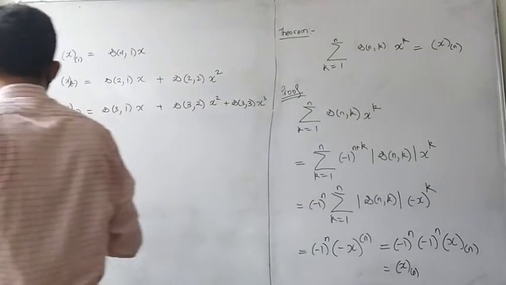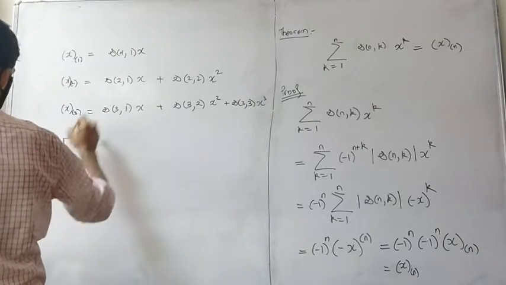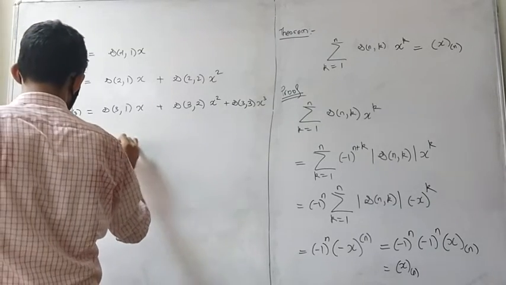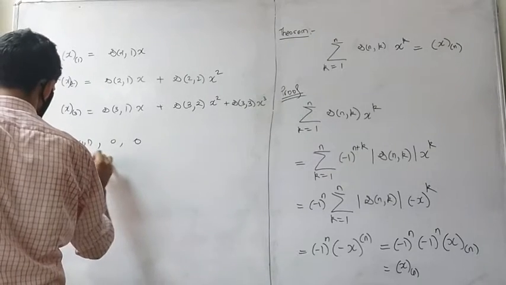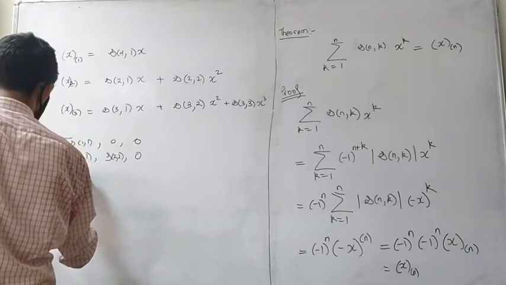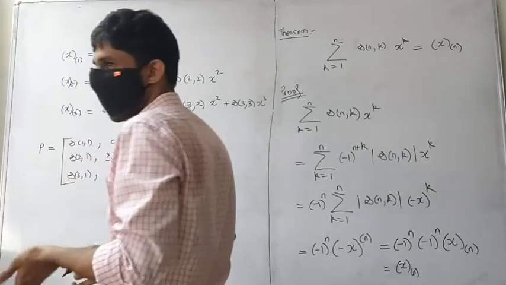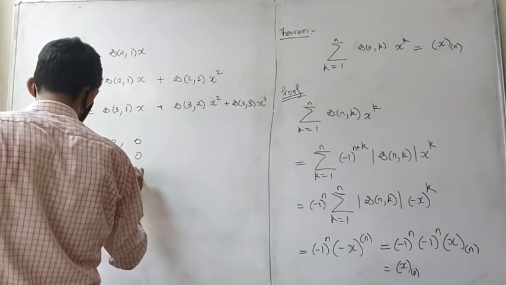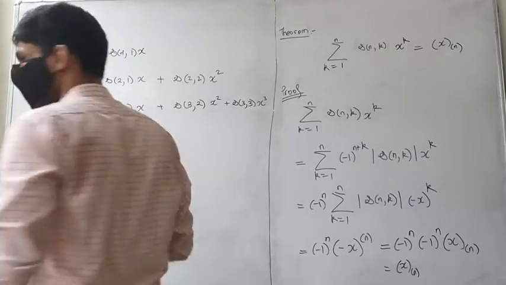Okay, you can see that your change of basis matrix is nothing but s11, 0, 0; s21, s22, 0; s31, s32, s33. Of course, I have only done up to third stage. If you do up to nth stage, you will get this form for the nth order. That's what this has told us.